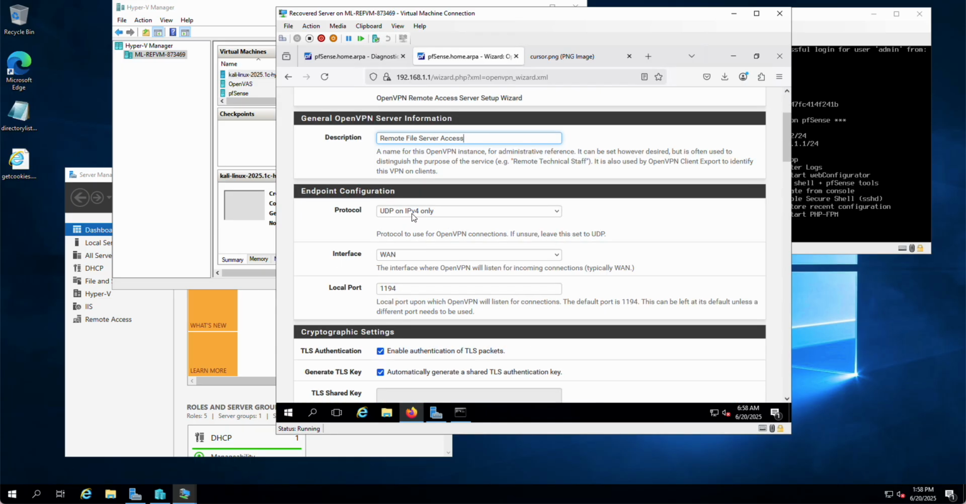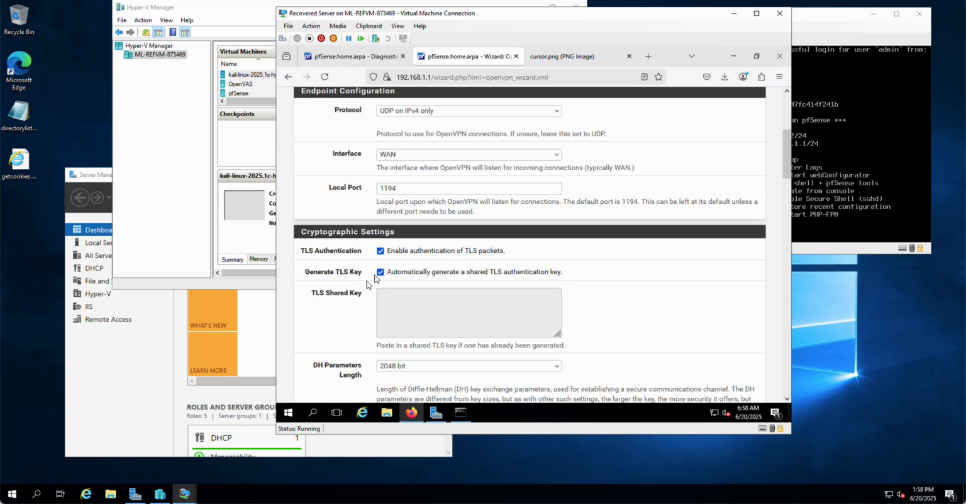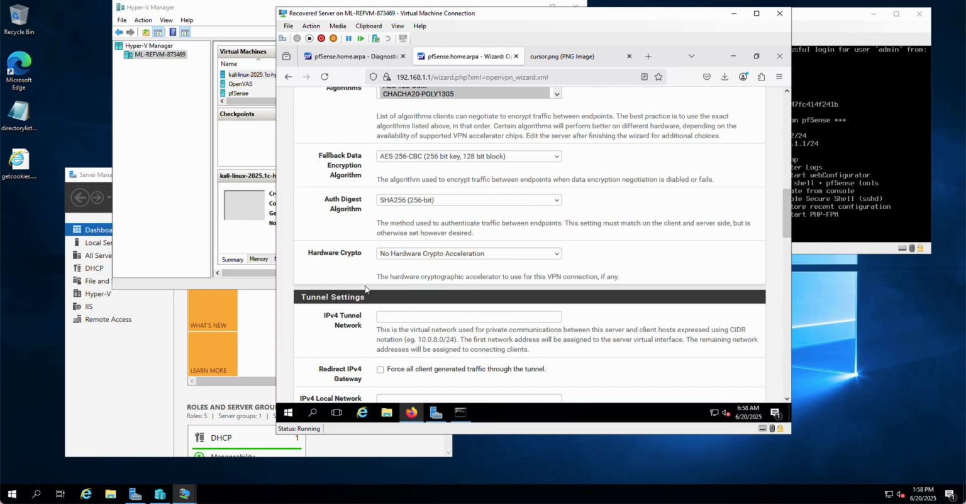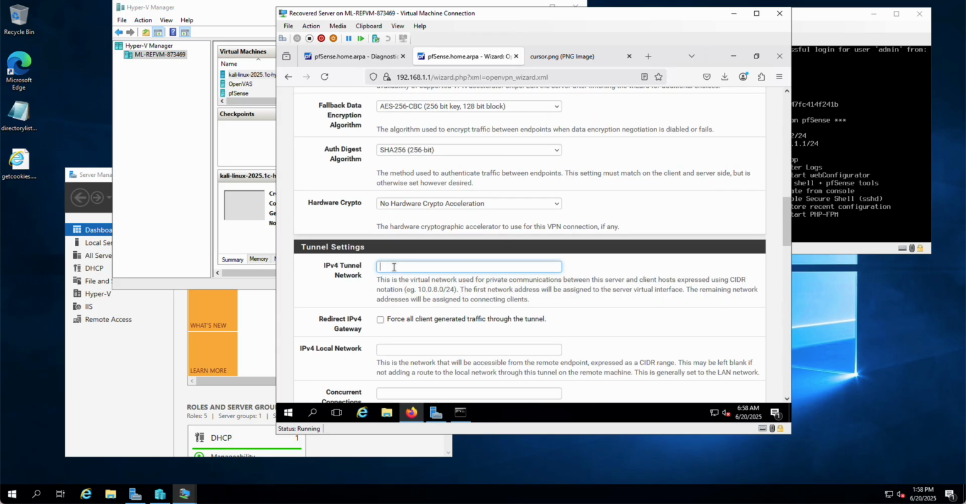We are going to use UDP on IPv4. It's going to come in on the WAN interface with this port number. I'm cool with this stuff here. This stuff is also cool. I'm just scrolling down here. I do need this part. This has to be put in. And this is that number I just came up with,